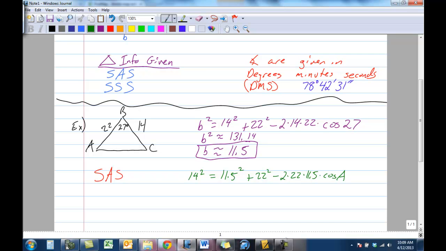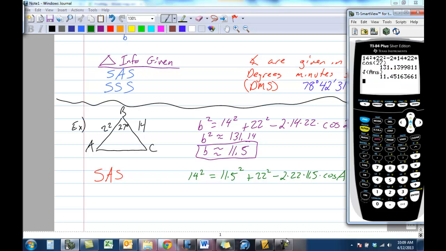Okay, here's where it gets tricky, and here's where it was nice when we were finding the side we could just put this whole thing in, but this, we can't just put this whole thing in. No. Let's get out our calculator. What is 14 squared? 14 squared is 196, I believe. Yep. So 196